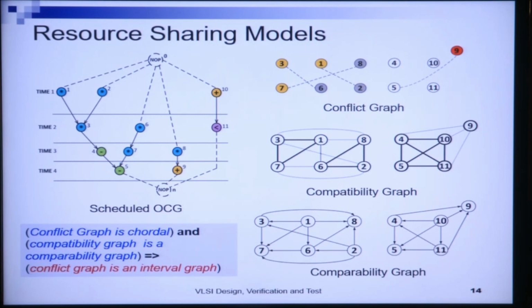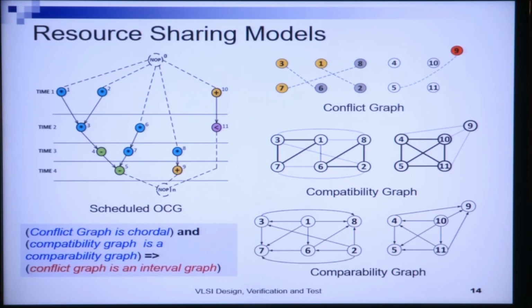So, here this conflict graph is a chordal graph because there are no cycles of more than 3. In fact, there are no cycles in this graph, and hence this conflict graph is a chordal graph. We have seen that this compatibility graph is a comparability graph. We have already understood this, and therefore, this conflict graph now becomes an interval graph,